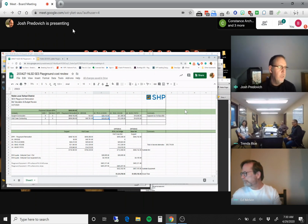We sort of took the bridge out of the conversation just because we knew that the manufacturer that we're using for the base design on the bridge didn't participate in putting together a number. And so when you take the bridge out of the equation,